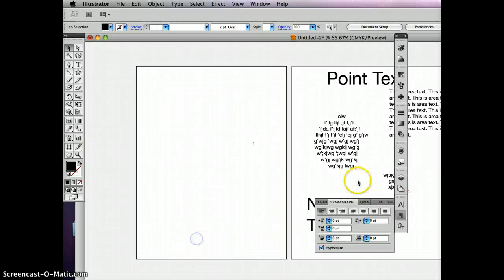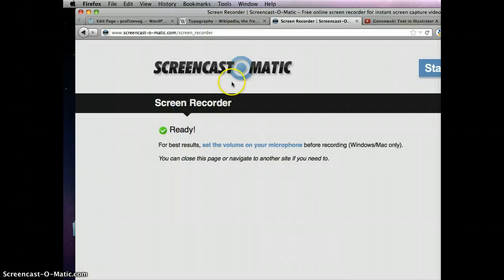Before we go into detail on the Character and Paragraph panels, let's get some text to work with, which will allow me to explain an important difference. And that is the difference between pasting text into Illustrator and placing it. So as an example, I just went to